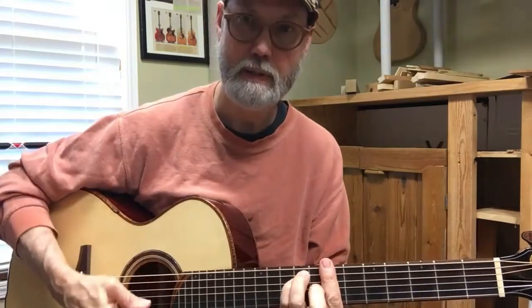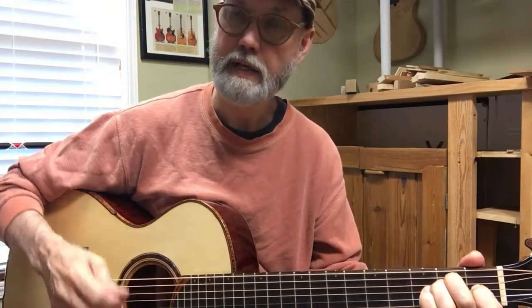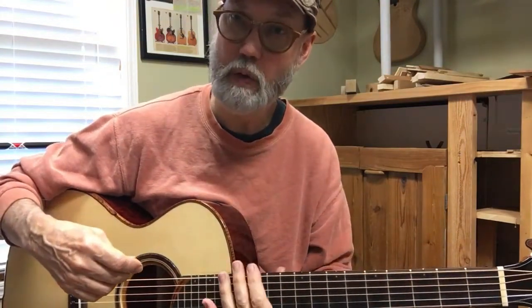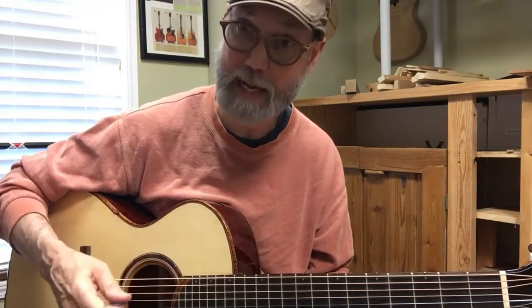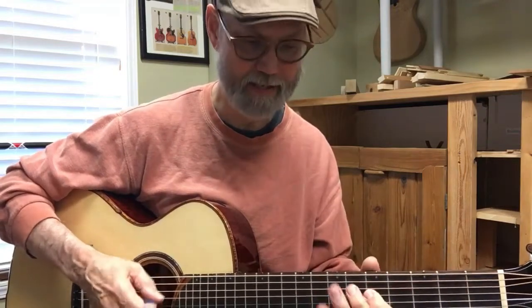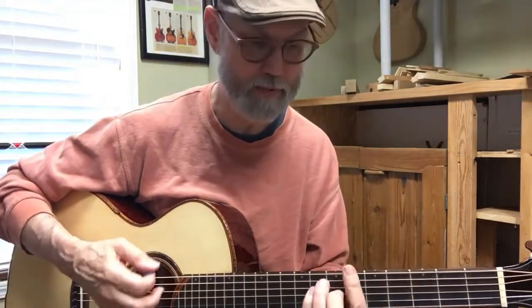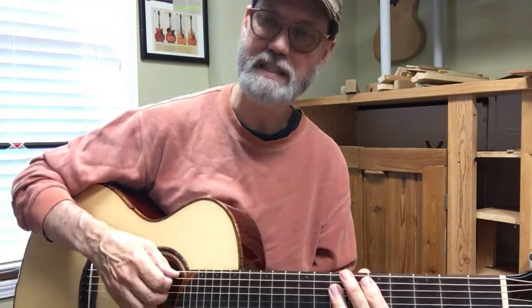There's a real balance, and the guitar doesn't crap out as you go up and the strings get shorter. The guitar doesn't change its personality. It's the same guitar here as it is here as it is here. It's the same instrument, which is always so frustrating when you're playing a guitar that has limitations,